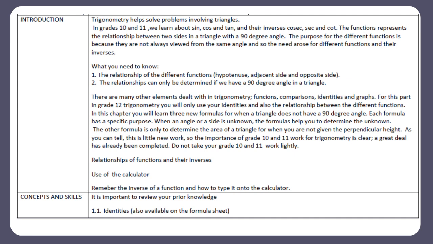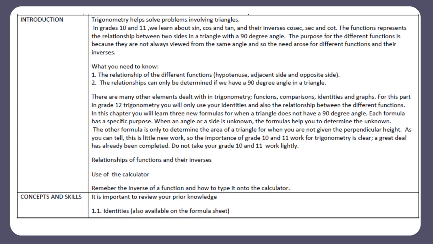What you need to know: 1. The relationship of the different functions, hypotenuse, adjacent side, and opposite side. 2. The relationships can only be determined if we have a 90-degree angle in a triangle. There are many other elements dealt with in trigonometry: functions, comparisons, identities, and graphs. For this part, in grade 12 trigonometry, you will only use your identities and also the relationship between the different